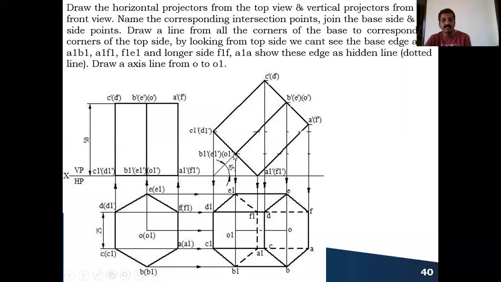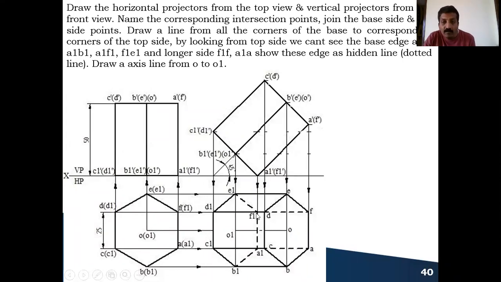And coming to the longer edges, you are looking from the top side, C1 C and D1 D you can see, make it a visible edge. And coming to the E1 to E, B1 to B, it becomes outermost boundary lines. It has to be visible edge. And you are looking from here, A1 to A, F1 to F, you cannot see. That's why F1 to F, A1 to A is hidden edge.